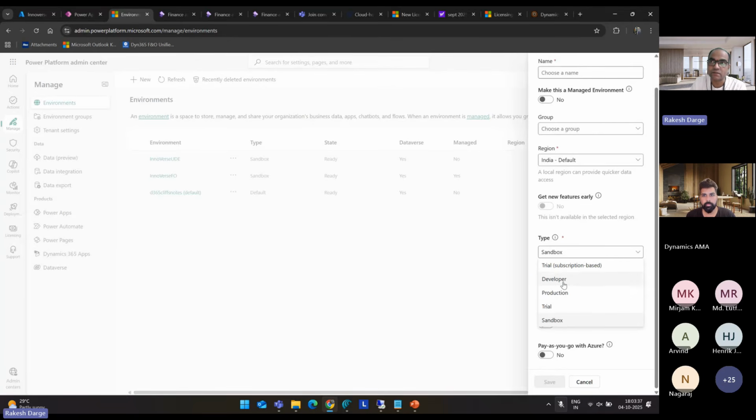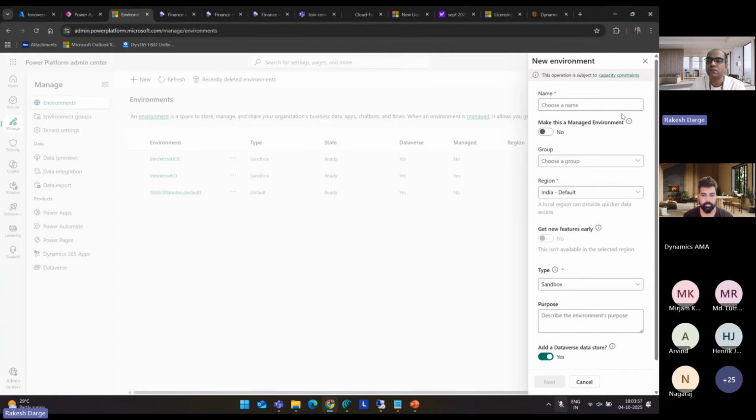Even though you're looking at the developer option and you want to deploy a developer VM or developer environment for your development purposes, this is not an option for finance and operation app. We need to always stick to the sandbox environment. Okay, and then we need the data store for Dataverse as well. So I'll quickly go ahead and specify the name of the environment, and then I'll switch back to the licensing because it will take some 5-10 minutes to deploy the environment for development, and then we'll continue the journey.